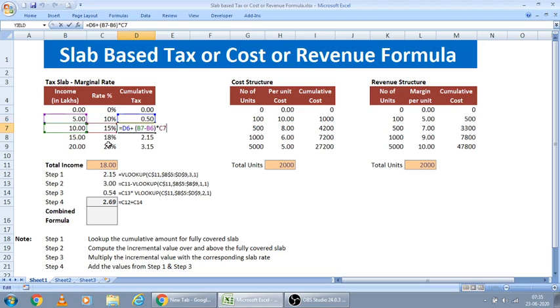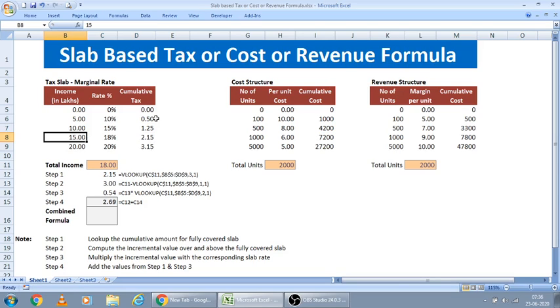Same way down also, 10 minus 5 into 15 percentage, this will be computed here, and I have to add the already computed cumulative value from the above so that I will get the total cumulative tax for each slab.